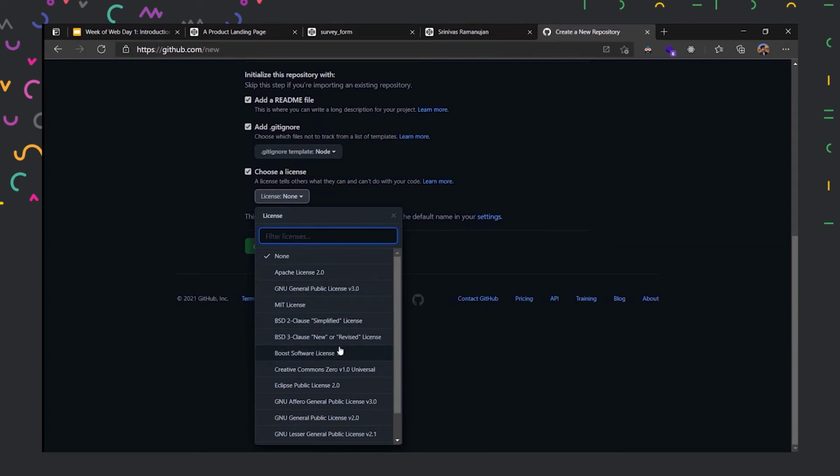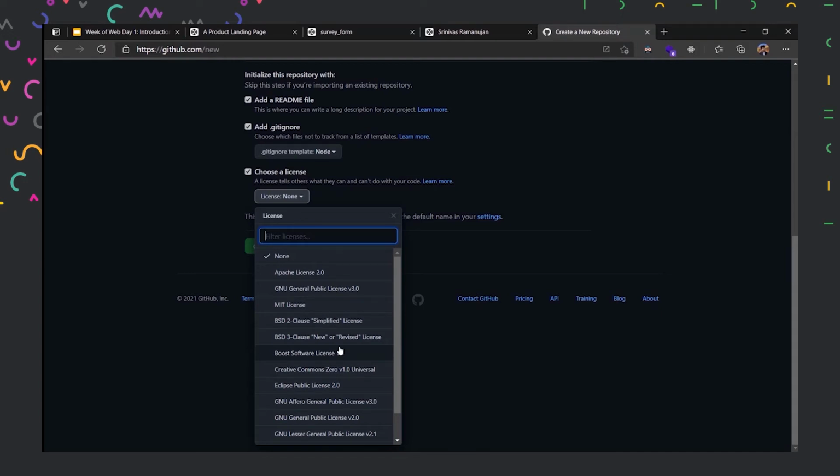But you could write your own license as well, where you describe the rules, how you want to distribute it, and if you are distributing it, then how should a person use it, or are there any restrictions on using it? Let's say I'm taking your software and I'm using it for my purpose. I make changes to it. So is changing the code allowed? That could be described in the license. And if I'm changing the code, then how could I use it? Whether I'm using it for my business purposes.